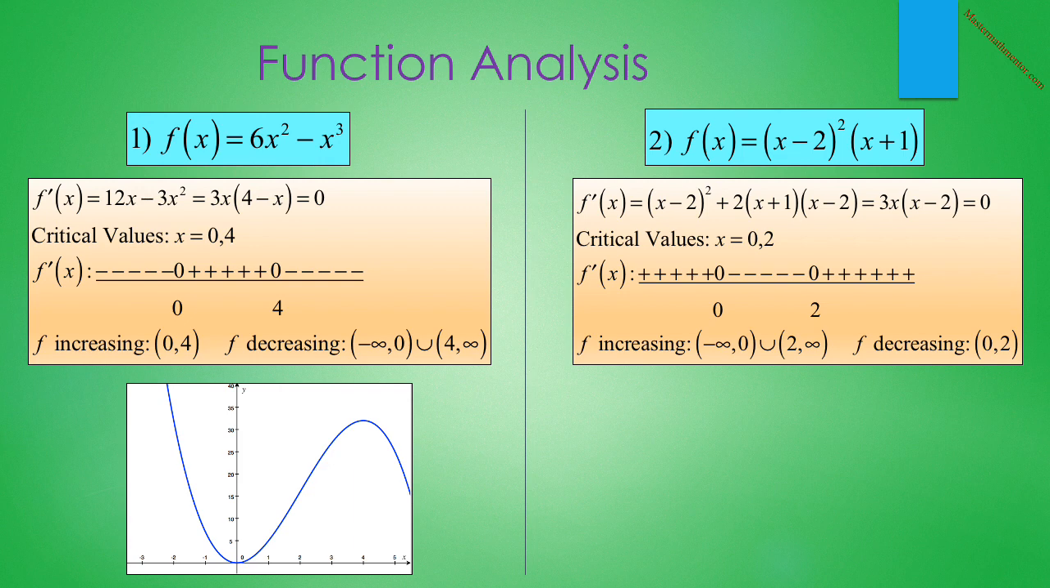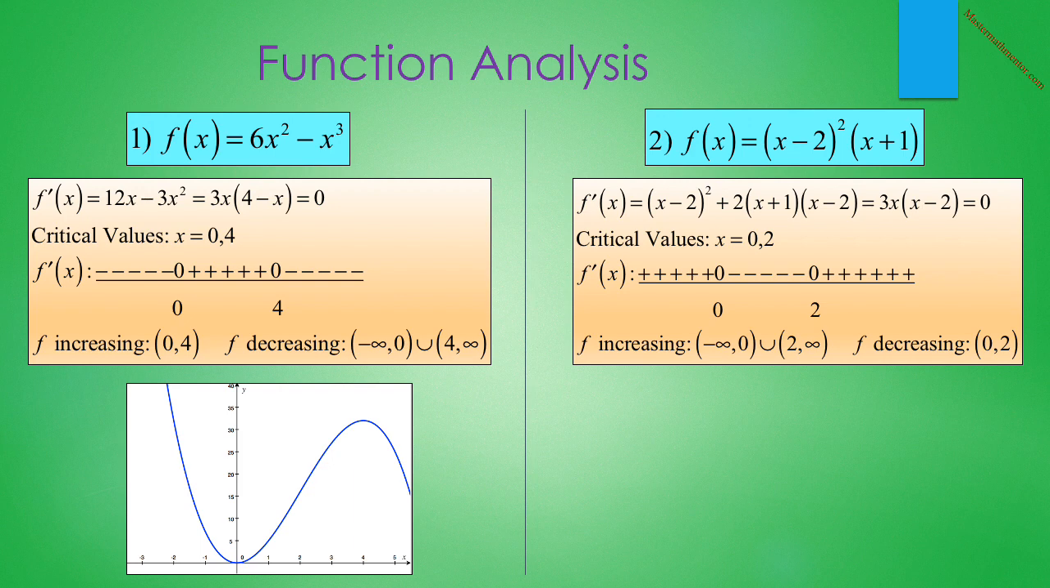Number 2 reads f of x equals x minus 2 quantity squared times quantity x plus 1. We could multiply that out, but it is easier to use the product rule. We get the derivative is x minus 2 quantity squared times 1 plus x plus 1 times 2 times x minus 2 times 1. Expanding all that, we get 3x quantity x minus 2 is equal to 0, leaving our critical values at 0